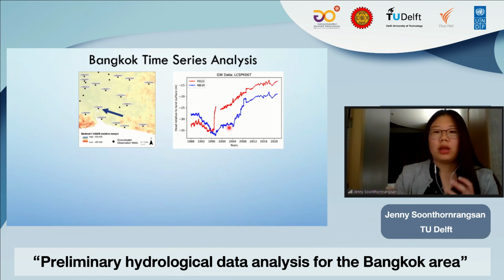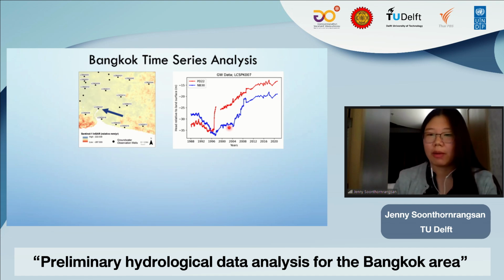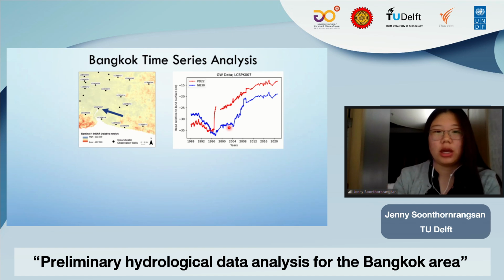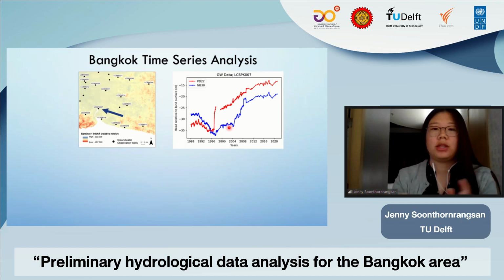Now, we want to include all of this into a time series analysis model that I mentioned earlier. So we're inputting things such as meteorological data, groundwater pumping, and river stage if we have it, and we want to first simulate groundwater, and then we want to simulate subsidence. This is just an initial attempt to simulate subsidence. We want to do this for the historical period when we have a lot of pumping, and then for current periods when the government has introduced measures and there's not a lot of pumping going on.